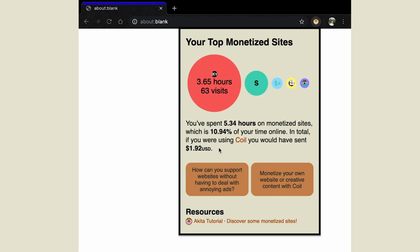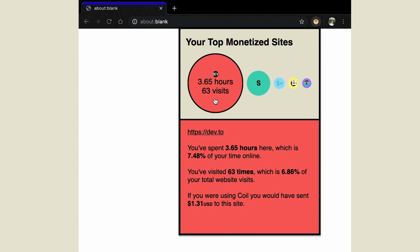Three days later. Now that I've spent some time surfing the web, Akita has some info on the monetized sites I've visited. Since I haven't been using a web monetization provider, Akita gives me a prediction of the amount I would have streamed if I did have a provider installed. Looks like my top visited monetized site is Dev, and I would have sent $1.31 in streamed payments up to